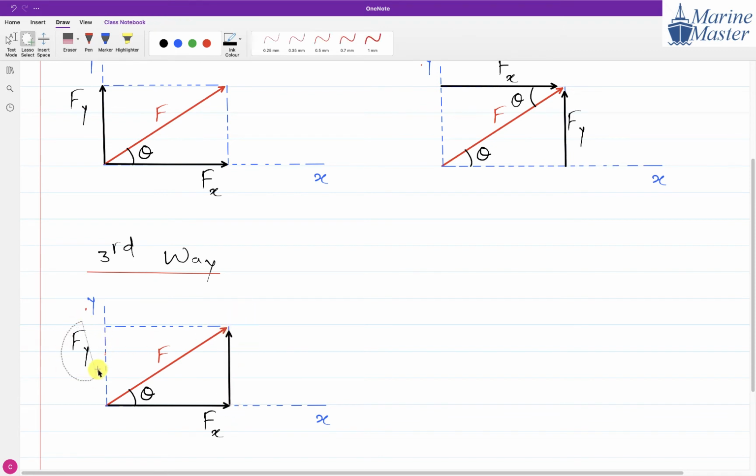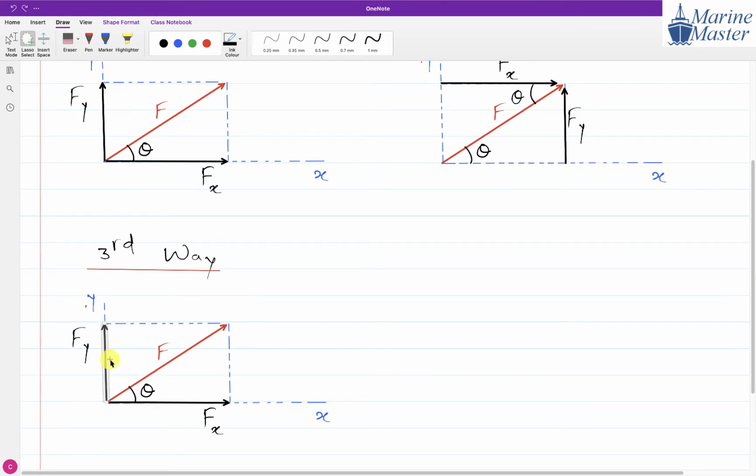From this location, and in this way we will get what? Fy. You are getting this third way? Just observe for 1 minute. What is the position of Fy? Whatever this length, same, it will be this side. So instead of showing here, what we are going to do? Triangular way. So in this way, now what we have here? These three forces form a triangle. So that is our third way of representing the components Fx and Fy.